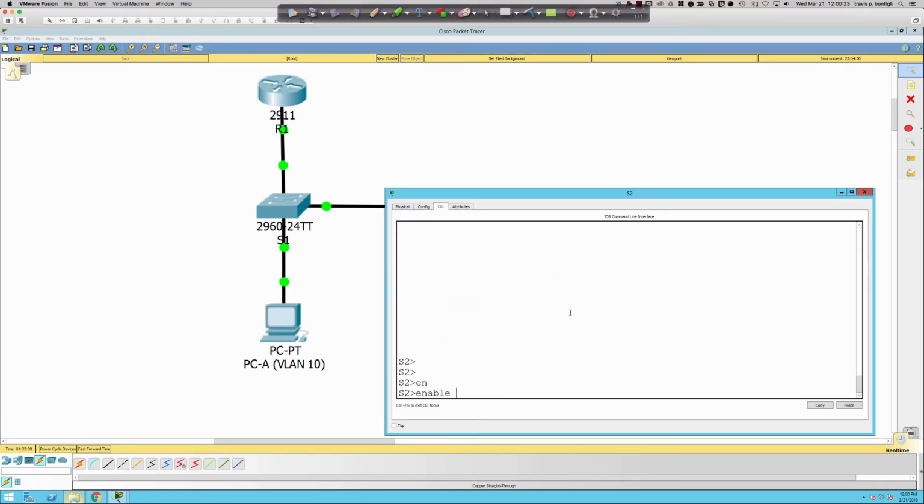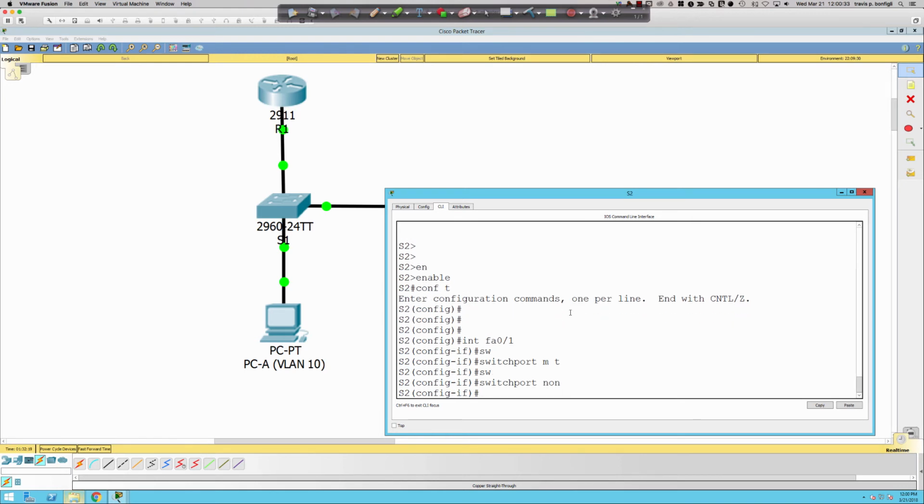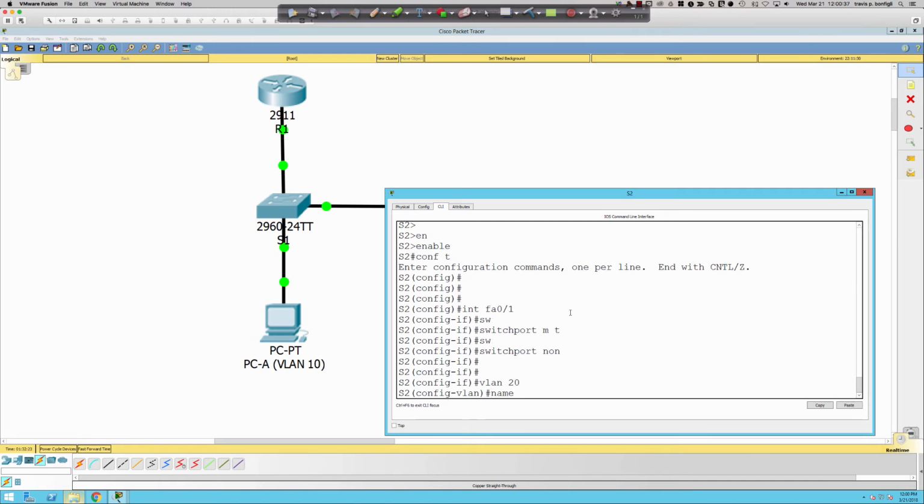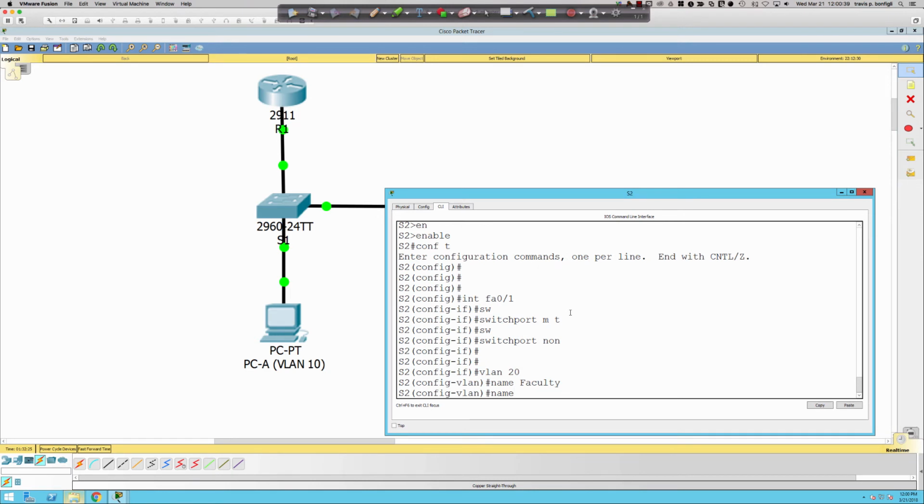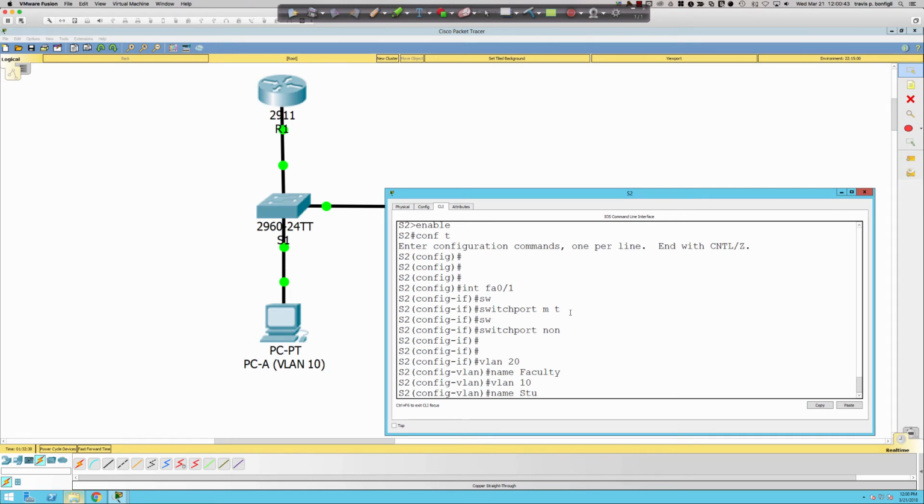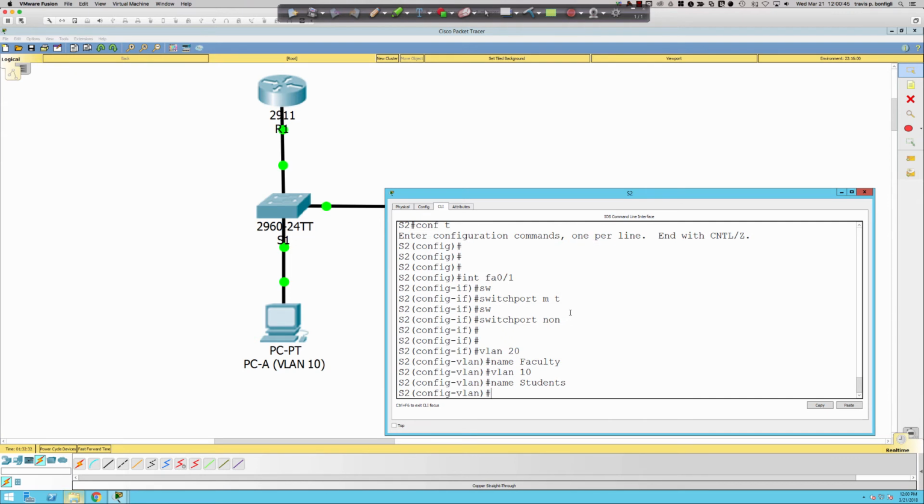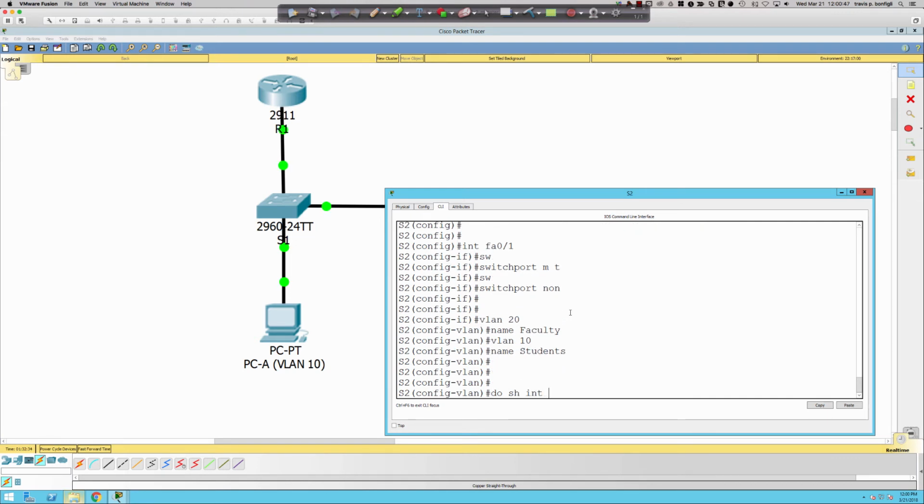Let's go from user exec into privilege exec into global config. The first thing we're going to do is get into interface FastEthernet 0/1. And we're going to say switchport mode trunk, and switchport nonegotiate. I'm going to create VLAN 20 on this switch and name it faculty. And I'm going to create VLAN 10, name students. Right, so both of those exist. So if I say do show interface trunk,